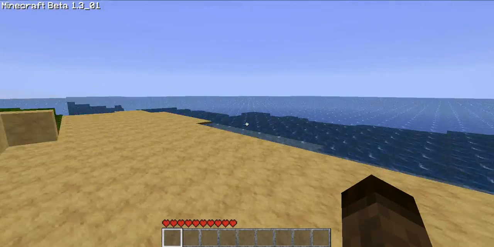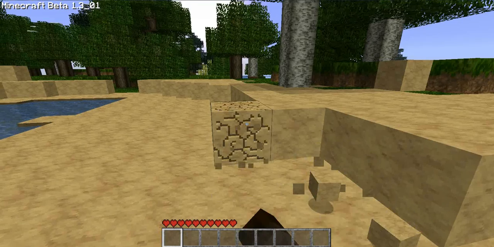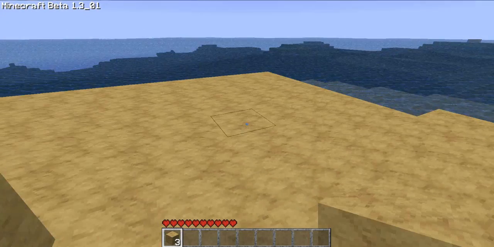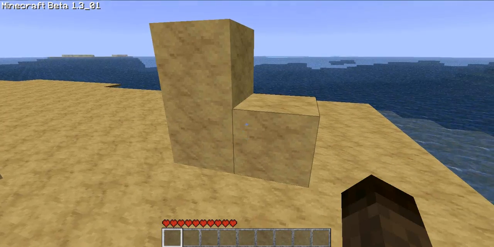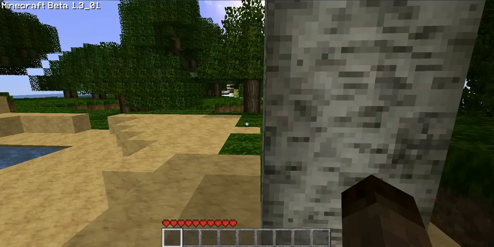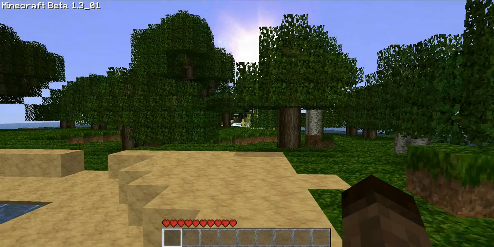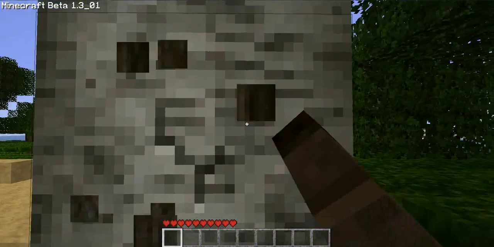So, first thing you're going to want to do is mark your spawn the second you spawn. I spawned over here, so I'm just going to put some abnormal structure so I know this is where I spawn. Hey, L for loser. Alright, so that's what we're going to do. Already I see some cool sugar cane over there, so we're going to need that later. But anyway, right now you're going to start off